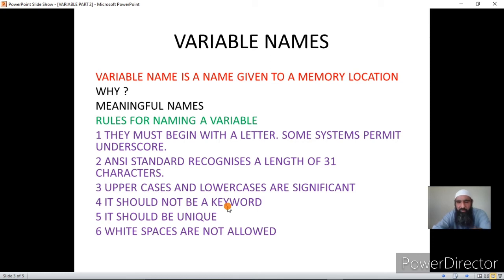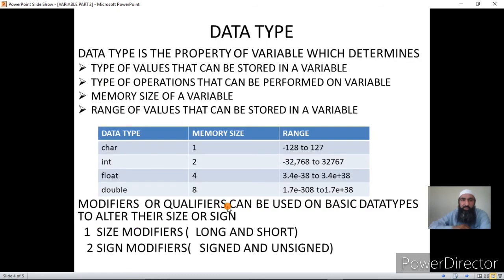You don't know it right now, but later on when you read, you will understand what I'm saying. Now next comes the data type. As we have told in the declarative statement, the programmer specifies two things for the variable. One is the variable name and second is the data type. These two are the properties of a variable. And the third property is the address.